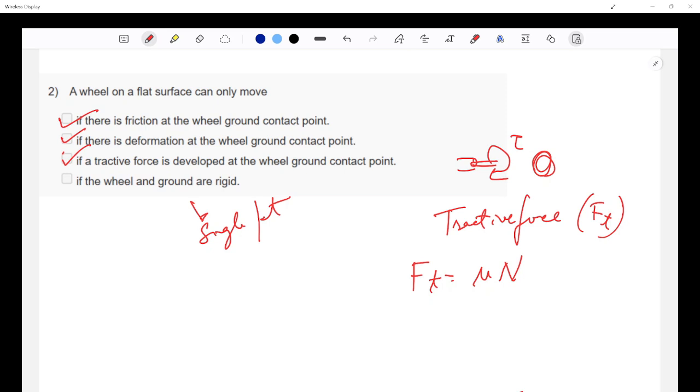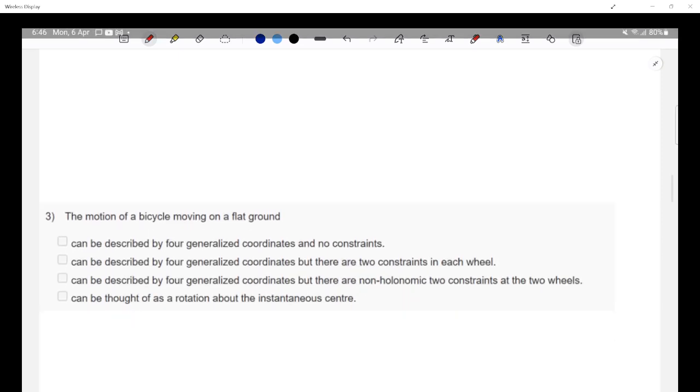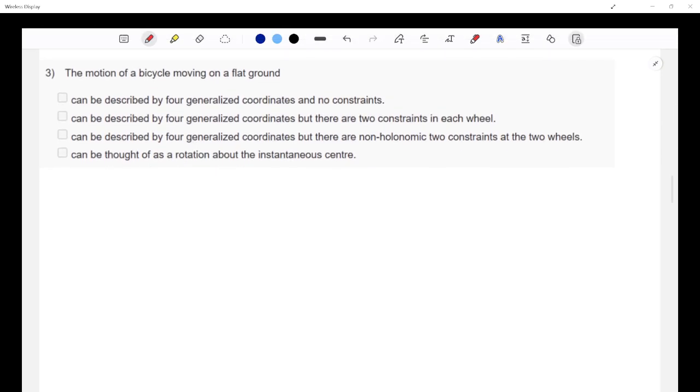All right. Let's move to the next question. The motion of a bicycle moving on a flat ground can be described by 4 generalized coordinates and no constraints. Can be described by 4 generalized coordinates, but there are 2 constraints in each wheel. And then can be described by 4 generalized coordinates, but there are non-holonomic 2 constraints in the 2 wheels, and